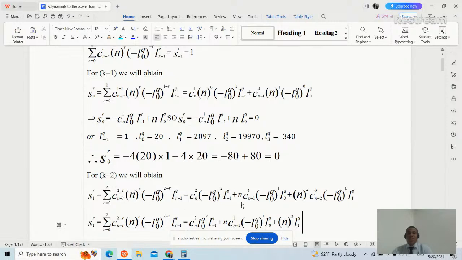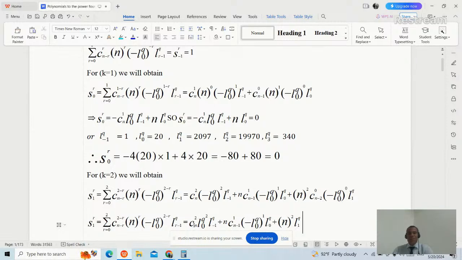That's why here I had written n minus 1 choose 1 times minus L0 of order Q raised to the power 1 times L0 of order Q, plus when R equals 2, 2 minus 2 is 0. Then n squared times minus L0 of order Q raised to the power 0 times L1 of Q. Okay, this one is 1, no need. This one also is 1, no need. It remains only,